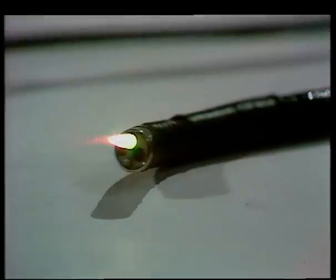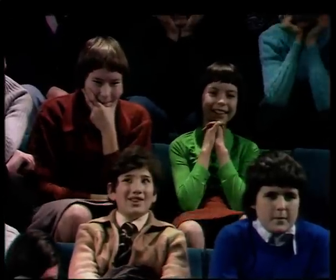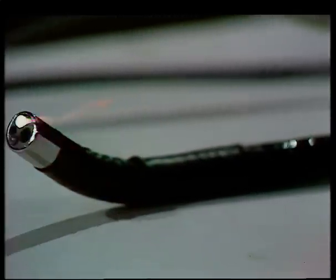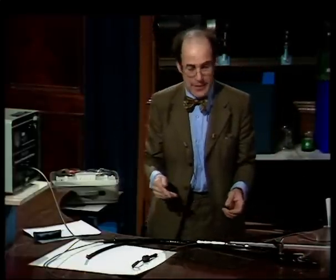You can make the end, you can steer the end. You can make it move around. It's now looking at you. Down, down, down, down. And this makes it very much easier, of course, not only to pass the instrument in the first instance, but when you are inside the stomach, you can then literally have a look around in this sort of way to see whether there are any abnormalities, for instance, whether you can see an ulcer